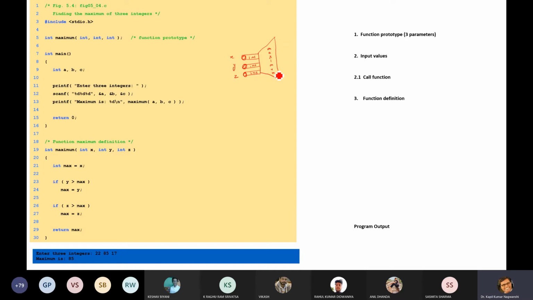Now some processing will be done inside that machine. The processing may be less than, greater than, whatever kind of processing there is, and it will return one value. What value will be returned?